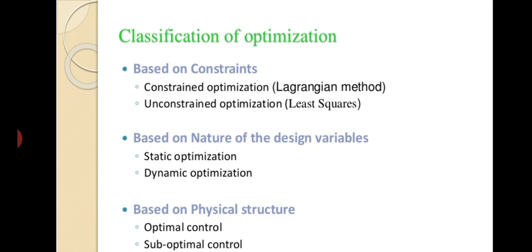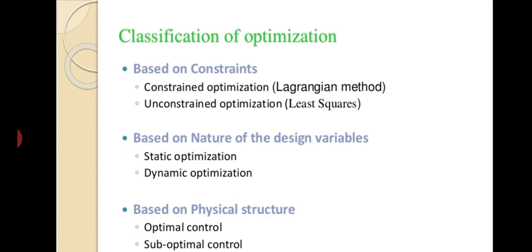However, the dynamic optimization problems are concerned with the optimal control of plants under dynamic condition. That is, the system variables are changing with respect to time, and thus time is involved in the system description. Therefore, the plant is described not in algebraic form; here it is defined in differential or difference equations because it depends on time. The techniques used to solve such dynamic optimization are dynamic programming and variational calculus. We will try to cover variational calculus in the next lecture.